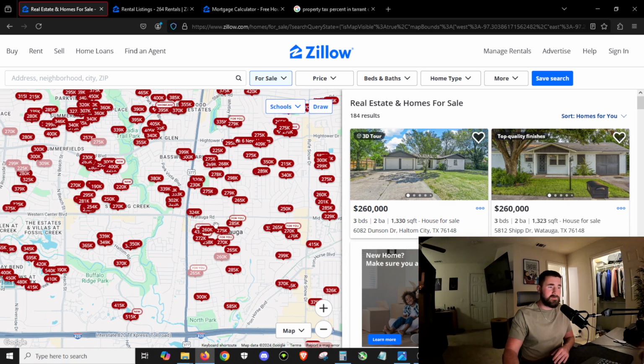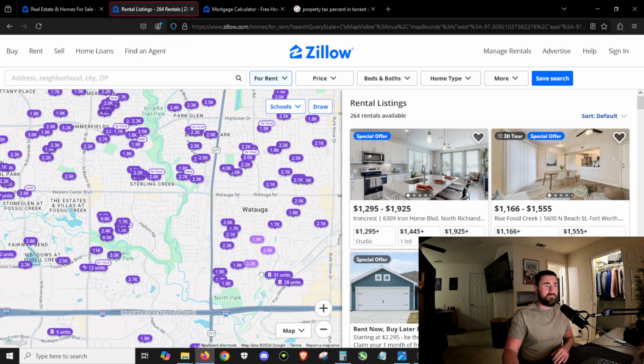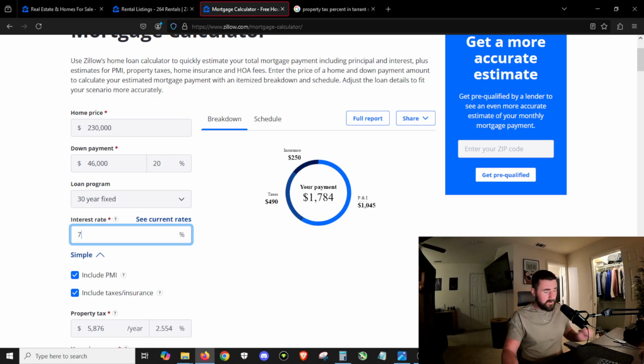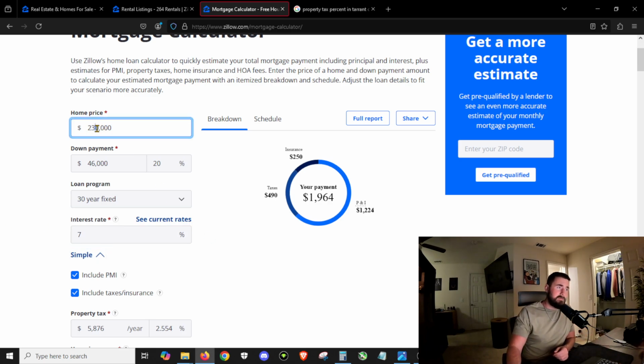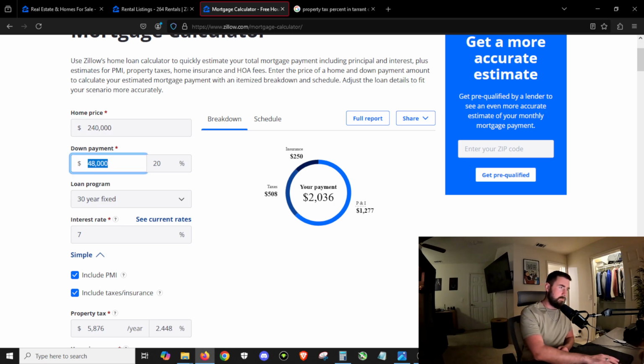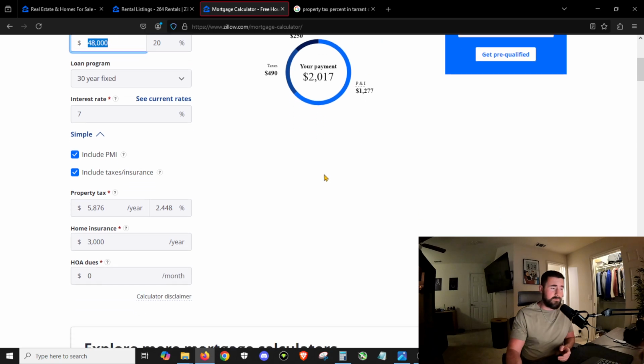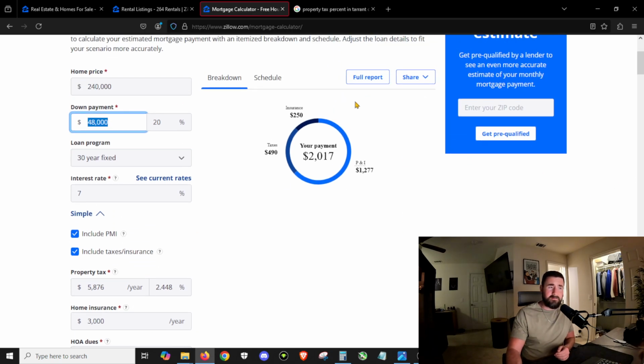So if I want this house and it's priced at 260 and I can rent it out for 2,300, 2,200, 2,100, and my payment's going to look like 2,100 or whatever, then this is what I need to do. So if I make an offer of 240 in the climate that we're in right now, okay, and I take a 7% interest rate, and I put 20% down, here's what I can expect my payment to be. And then, if I'm willing to stick with a wash property for a year or two and stomach these property taxes, I can eventually set myself up into an even better scenario